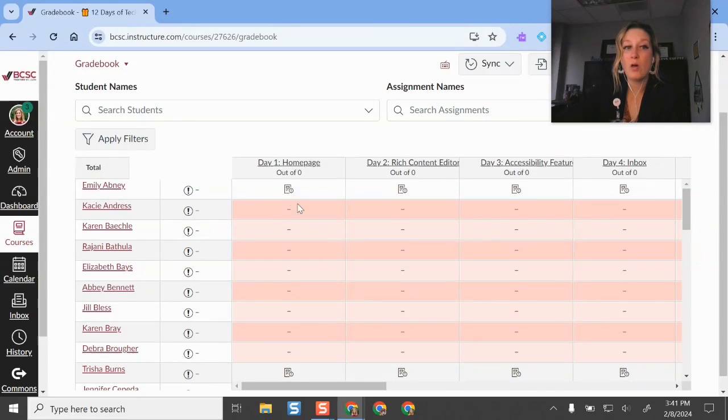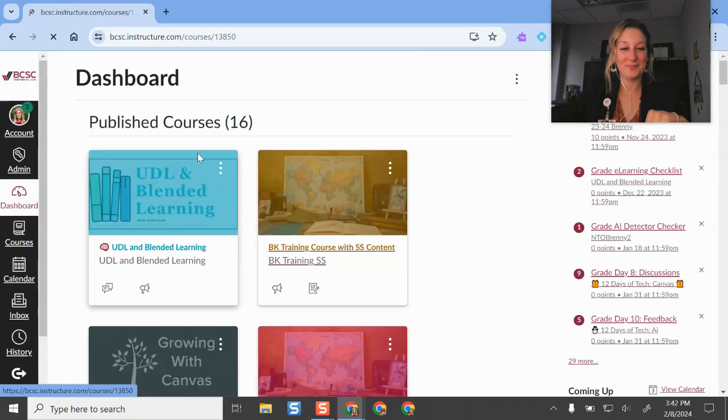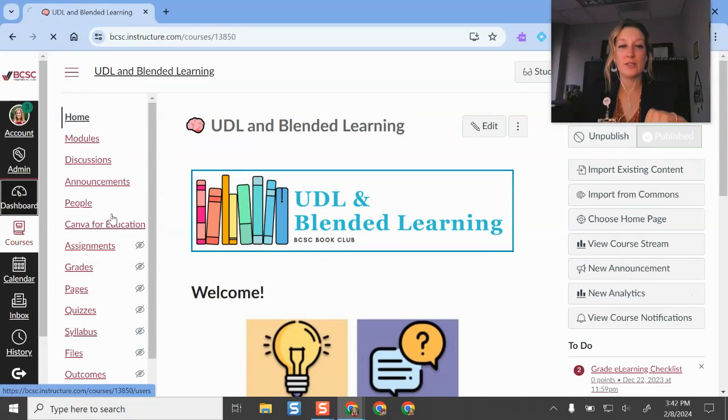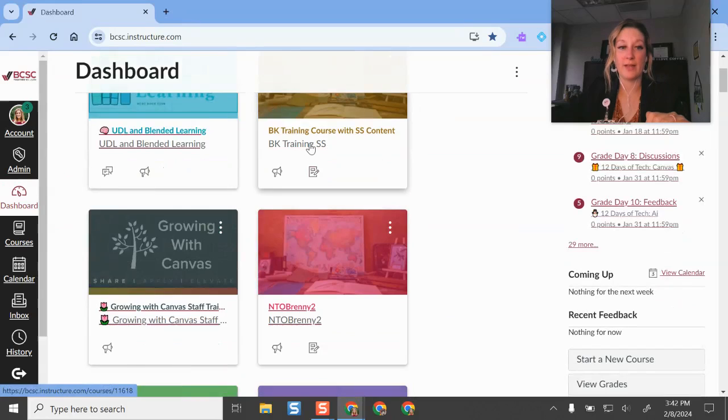So Canvas will automatically flag an assignment as late, which has a specific color in Canvas once the due date has passed. So you don't need a keyboard shortcut for that, but there are some other keyboard shortcuts that might be helpful. There are several keyboard shortcuts that you can use. So MI is missing assignment. So if you want to go through and just start entering those, you can flag it as missing